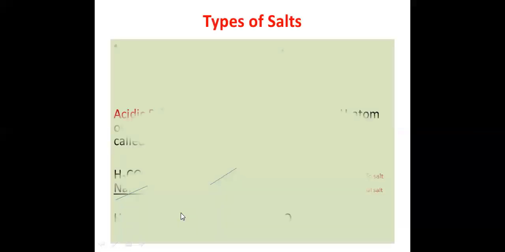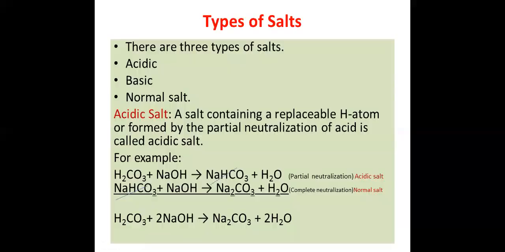Types of salts: there are three types of salt: acidic salts, basic salts, and neutral salt or normal salt. A salt containing replaceable hydrogen atoms is formed by the partial neutralization of acid. If all the hydrogen atoms are replaced by the metal of the base, then that type of reaction is called a complete neutralization reaction. But if out of two only one hydrogen is replaced by the metallic part, that type of reaction is called partial neutralization of acids or bases. So a salt containing a replaceable hydrogen atom, formed by the partial neutralization of acid, is called